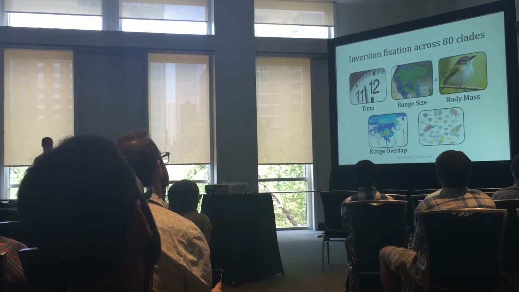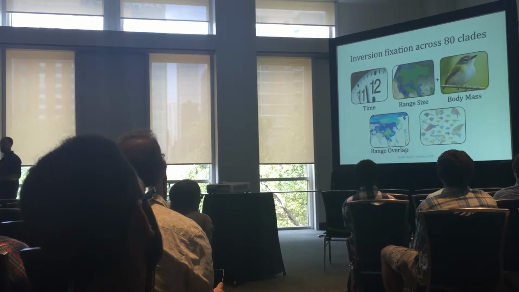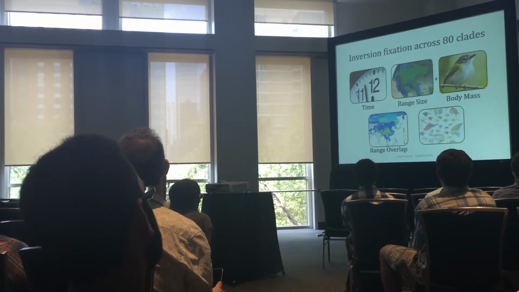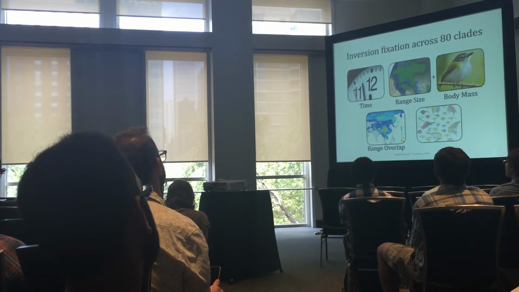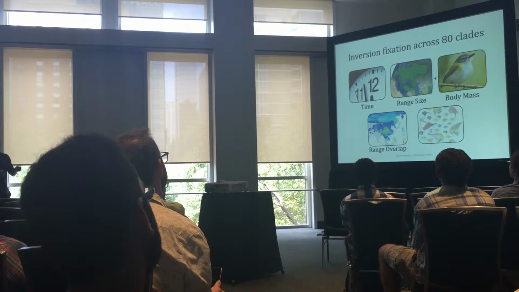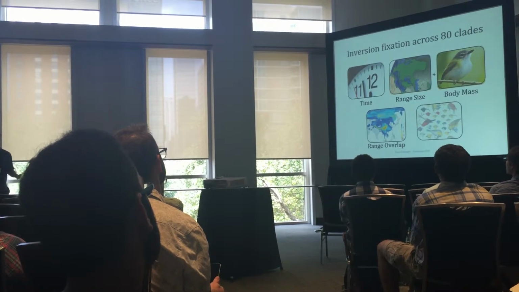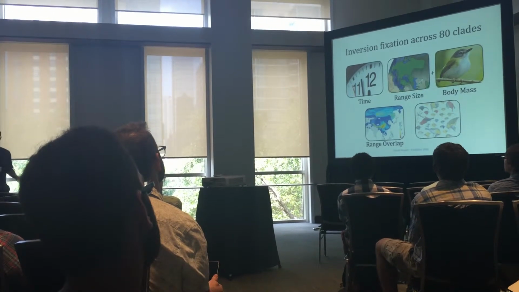So I assigned a range overlap score as a proportion of sympatric species pairs within each clade. And this was arrived at from doing a pairwise matrix of all member species, and if they overlapped by more than 20% of their breeding ranges, that was scored